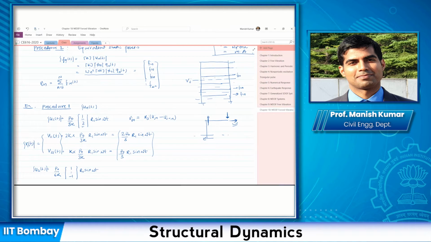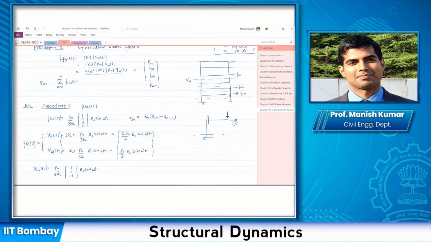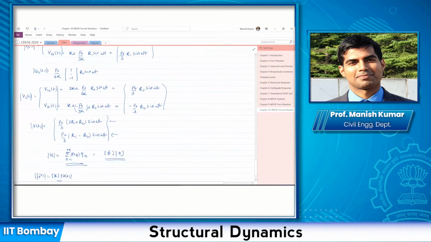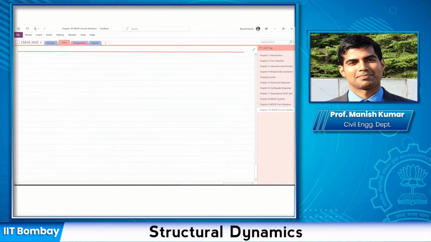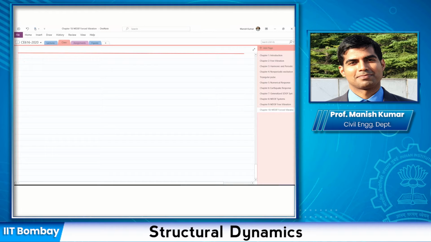Although you can choose any method you like, and in terms of difficulty I feel both methods are similar, especially for a multi-degree of freedom system. When I discuss any example, I will show you both methods, and you can choose whichever you feel comfortable with to solve the problem. We did one example using the first approach, which was just relating the storey stiffnesses to the displacement. Let us see the second approach. So our problem was this.